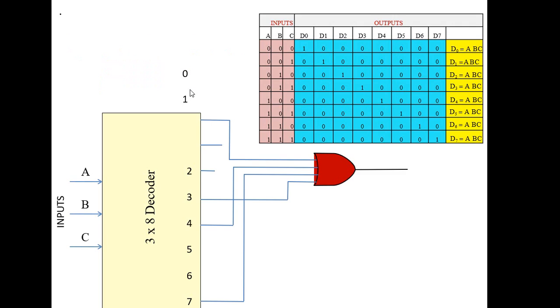Now we have to implement the following multiple output function using a suitable decoder. In this, they are given F1(A, B, C) equal to summation of m(0, 3, 4, 7). This is what they are given. This is actually something like a 3 to 8 decoder because it has 8 outputs. Yes or no? Now how to implement this using a decoder? Let's take it step by step.